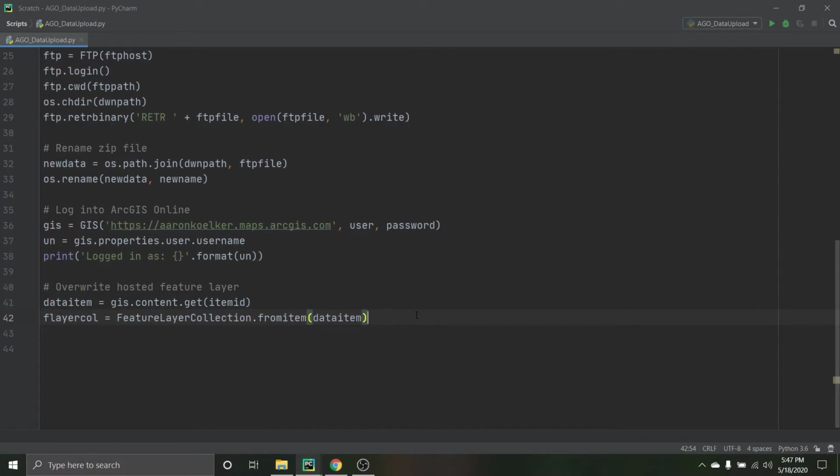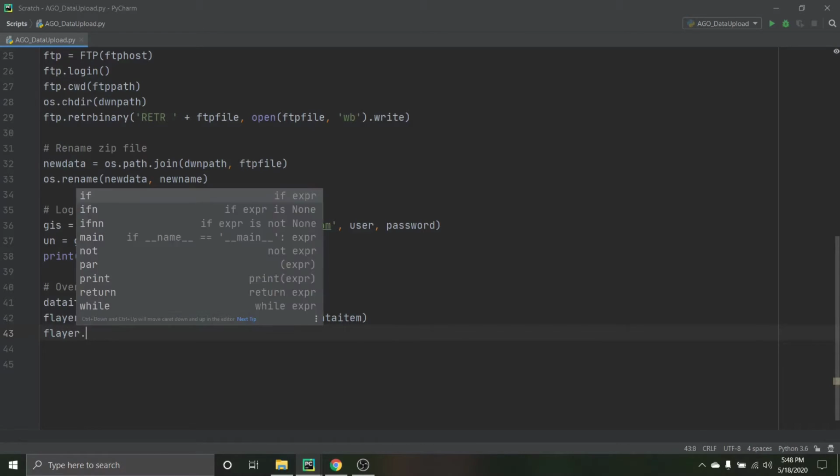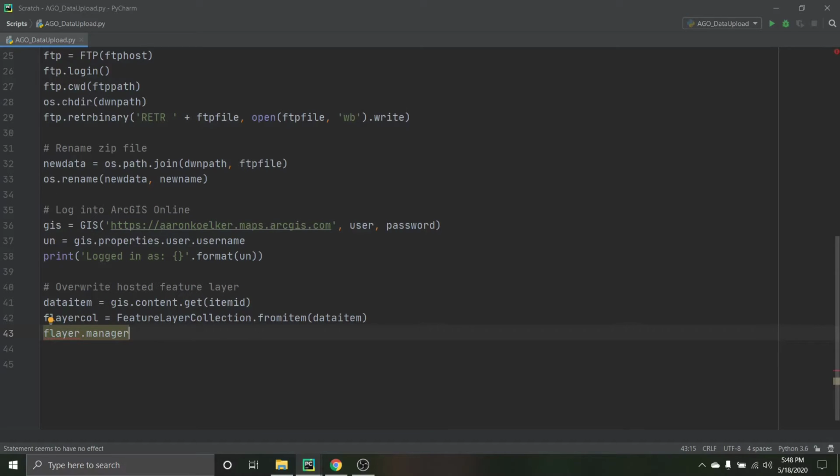In terms of feature layer collection, we are going to upload the data or overwrite the data. That's the whole point of this. But okay, so we've established it as a feature layer collection. Then we're going to take that feature layer collection, the variable we just made, and use the .manager, and we're going to tell it to overwrite. And we're going to tell it to overwrite using, oops, sorry, I forgot the COL here. And we're going to tell it to do the overwrite using